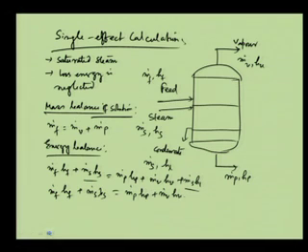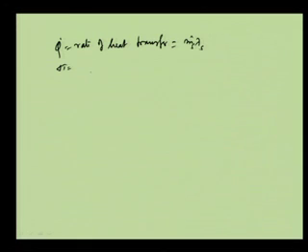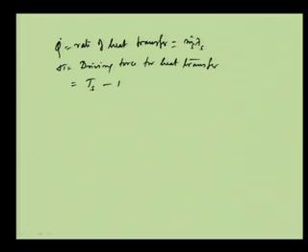Once we know how much heat is getting transported, and if we assume that there is no heat loss, then q dot is the rate of heat transfer, equal to m dot_s into lambda_s. And if delta T is the driving force for heat transfer, that should be nothing but T_s minus T_b,